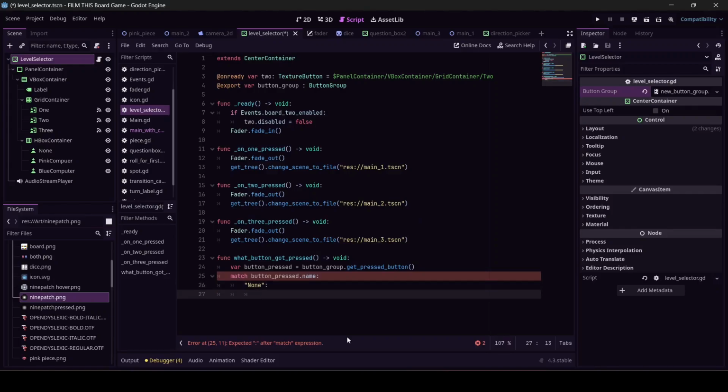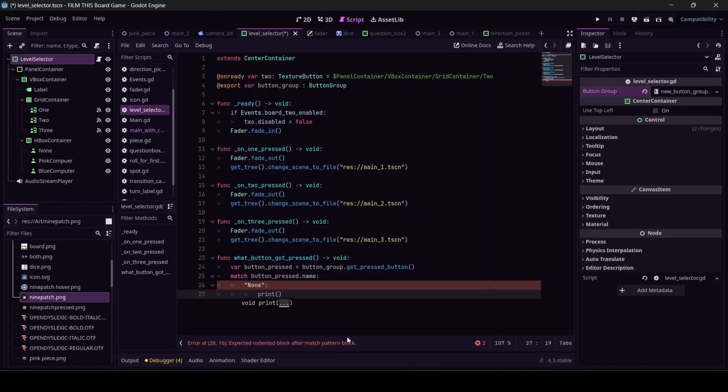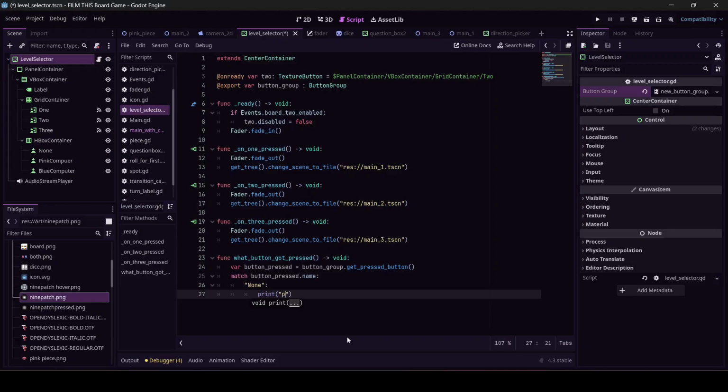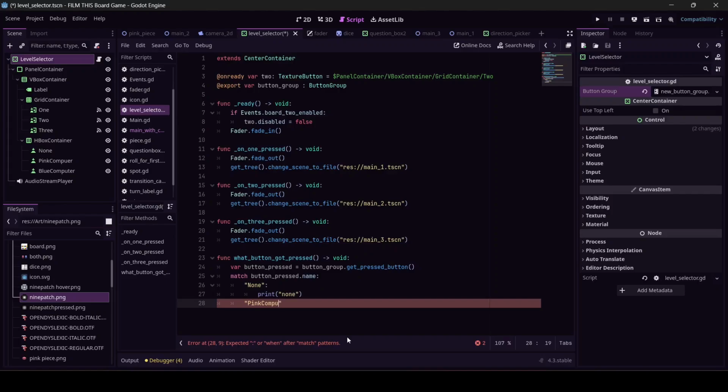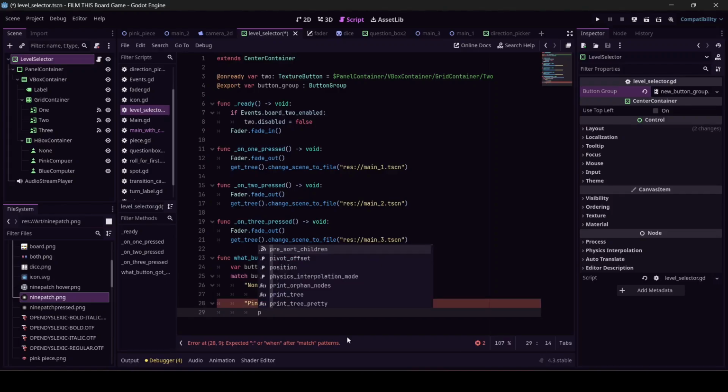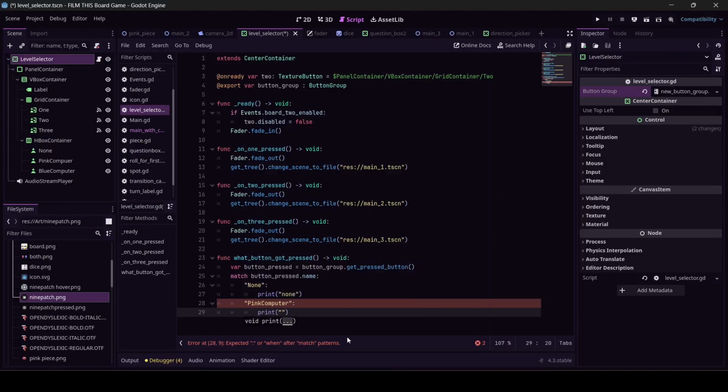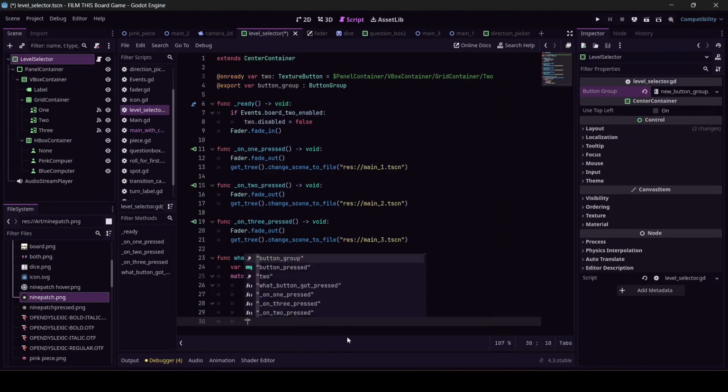For right now, we're just going to do print statements just to prove that love is real. None. If it's pink computer, I'm reasonably sure capitalization matters. Print. Otherwise, if it's blue computer,